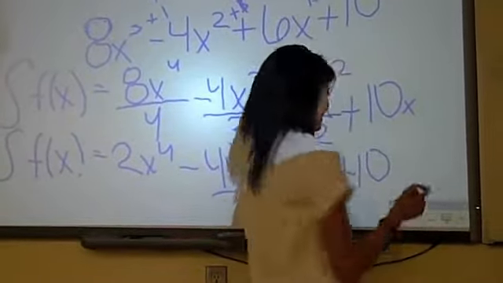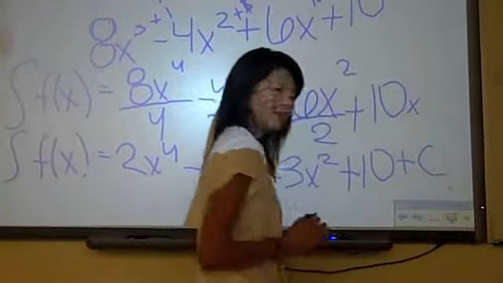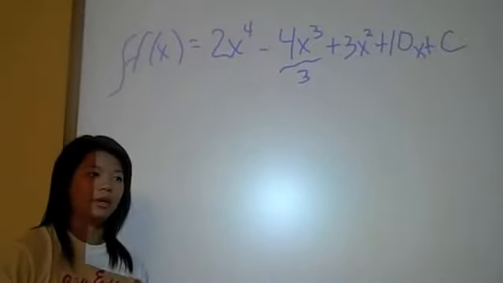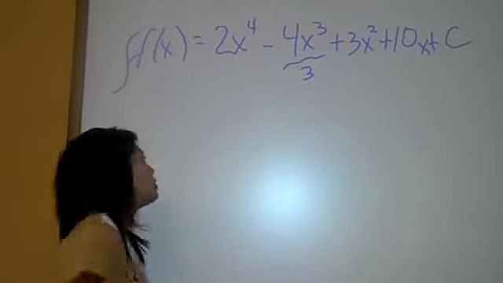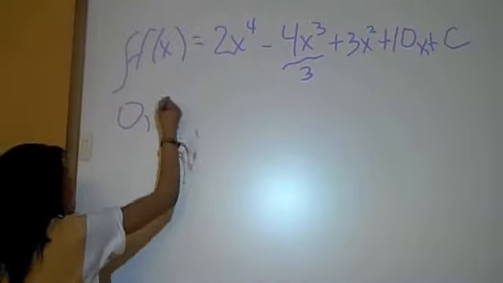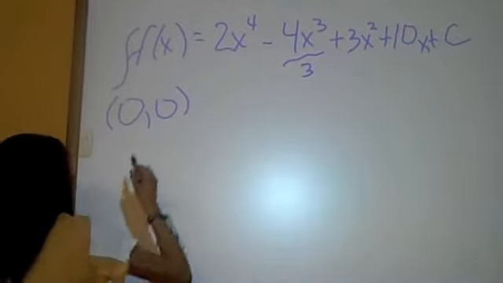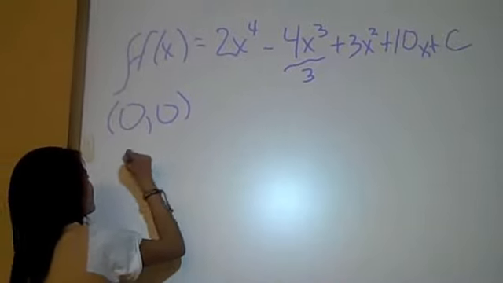And don't forget to add c. Okay. So the next step is we have to plug in where we're going to start. And we're going to start from the very beginning. So we're going to start at 0.00. What we want to do is we want to take this equation